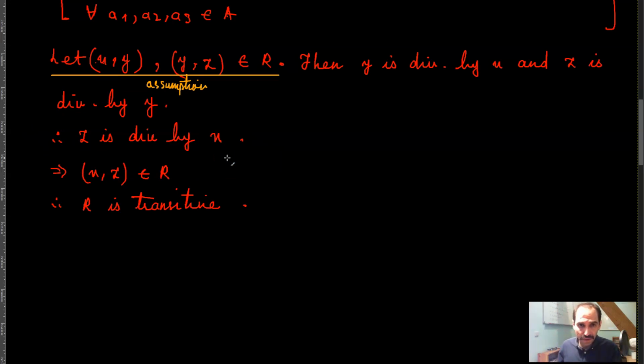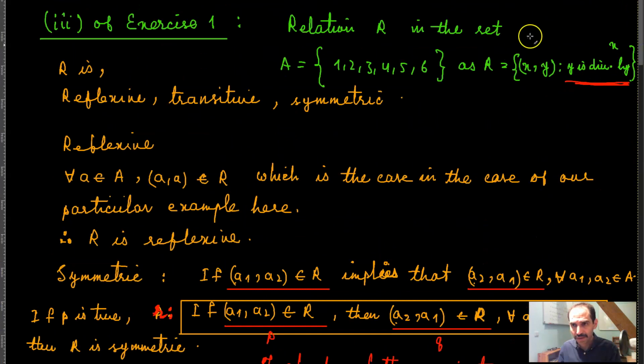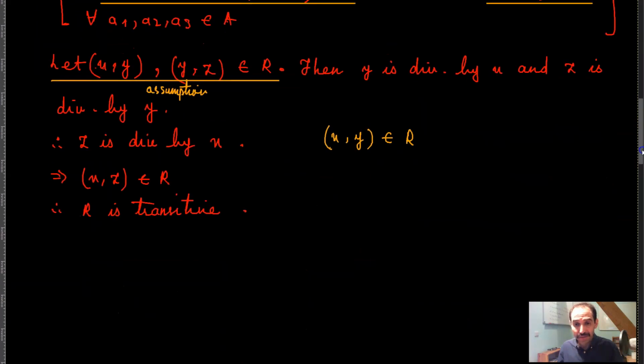When you say that (x, y) belongs to R, based on this rule, which says that if (x, y) belongs to R, then y is divisible by x, what this means is that y is divisible by